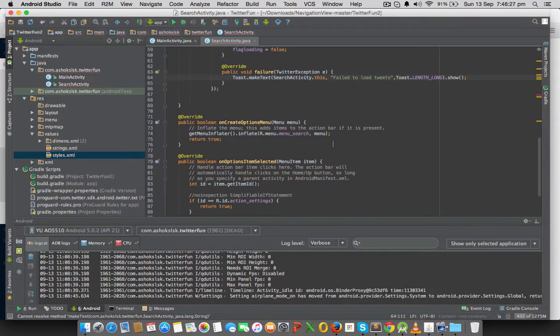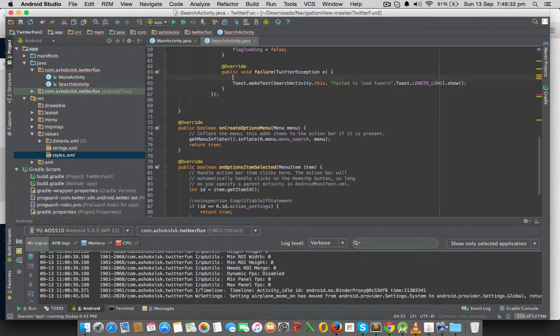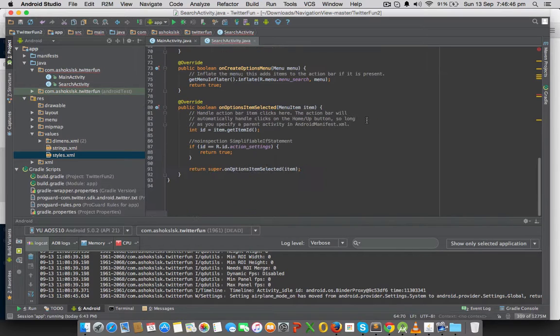So after this, we can handle our progress bar if we are not getting any data, so we have to set progress bar visibility to false so that it does not keep on loading out there and shows a simple filter to load tweet. So after this